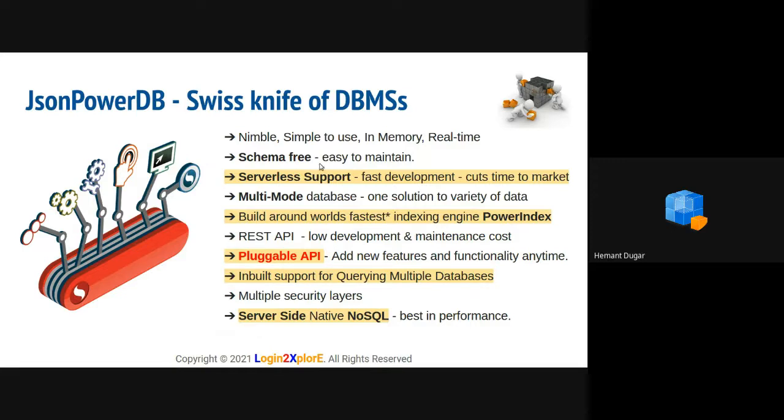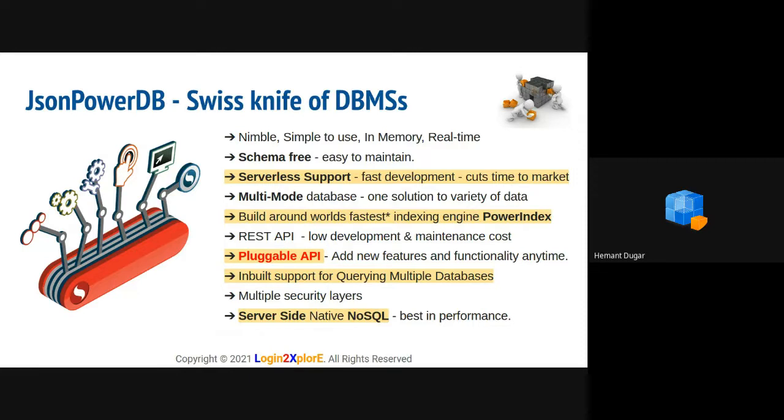So it's schema free, and it even has a feature of an RDBMS where you can use JSON PowerDB as a relational database. Its relational database features are basically dynamic. While inserting data, you can define your primary key, foreign key, unique keys, all this. You need not define them inside the database or inside the table. So this will allow you to dynamically change primary keys, foreign keys, and unique keys also.